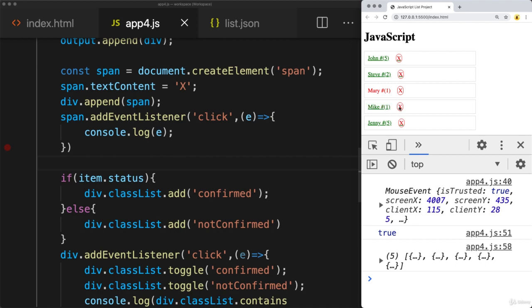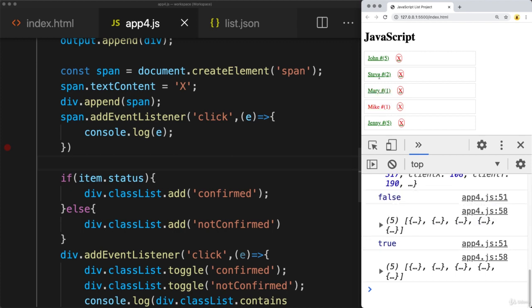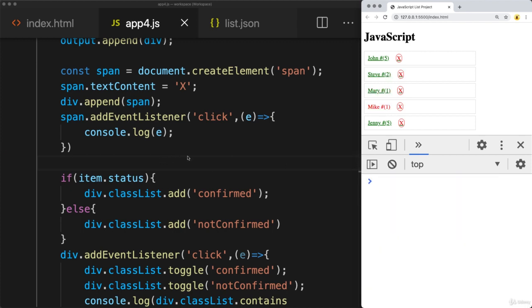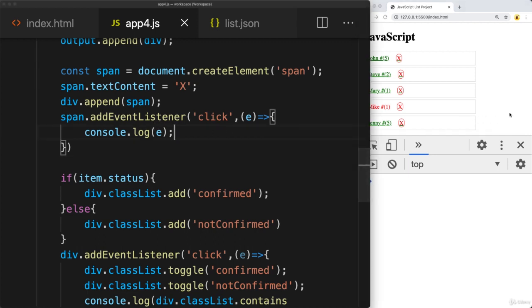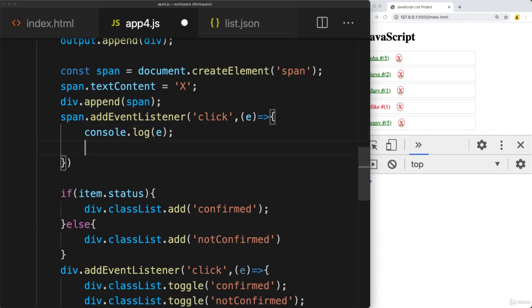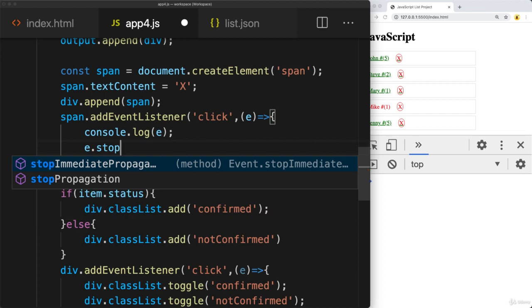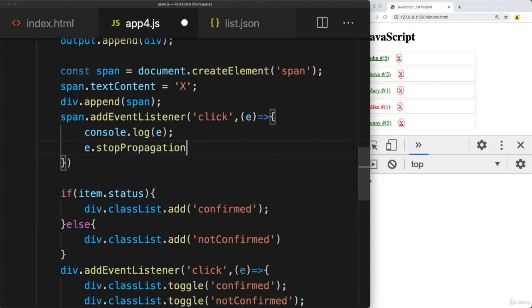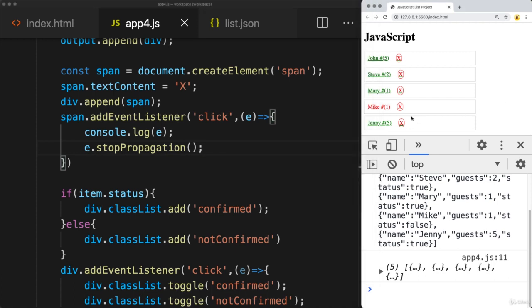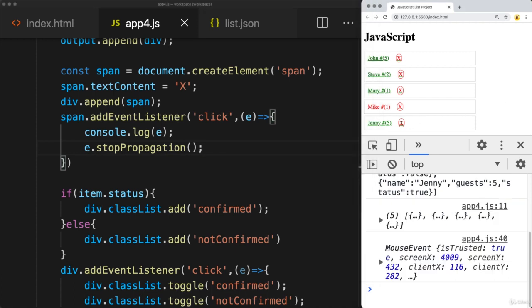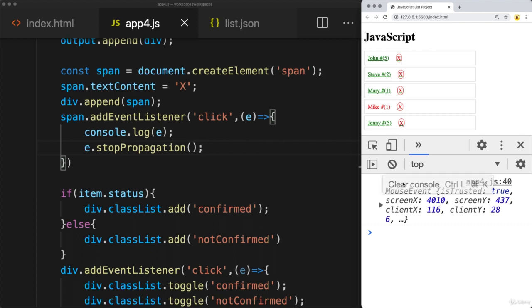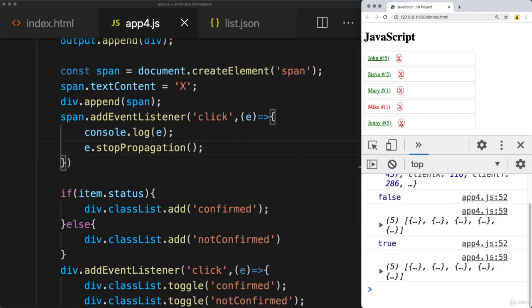So when we're clicking, whether we click on the X or not, it's still firing off both click events. So we want to stop that from happening, where it's only going to fire off the event for the X button. And there's a method within JavaScript that you can use to stop the propagation. And what this will do is stop it from moving up to the next level. So now when I click the X, it's no longer toggling, it's just firing off that one event. But if I click the parent and not the span, it's going to allow me to still